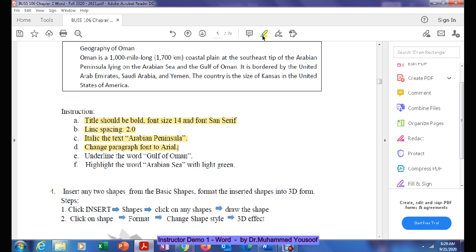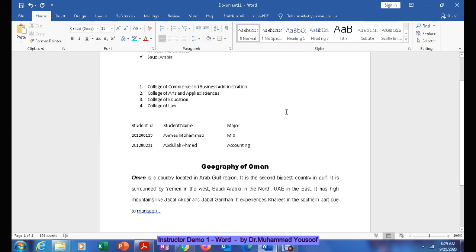Now I am going to teach the next one, underline and highlight. Underline the word Gulf of Oman. Maybe I don't have the word Gulf of Oman. I want to use the word Yemen in the west. I want to underline, so I use U, underline. If I click this button U, it will be underlined.